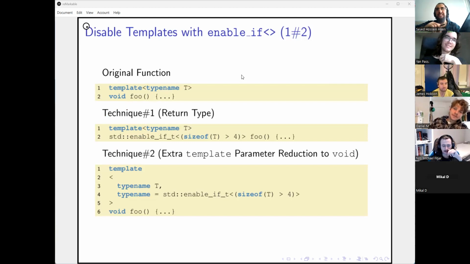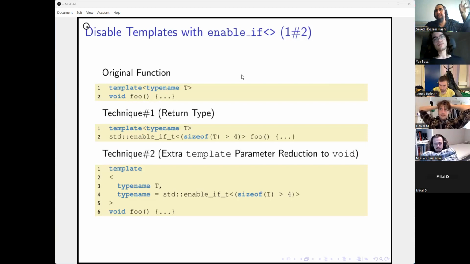So, by the way, move semantics. For a long time there was this terminology that when a move happens, the recipient is stealing the guts of the provider.